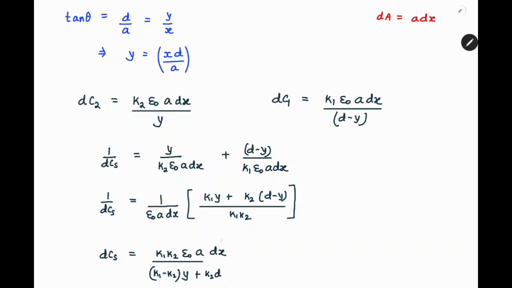Rather than doing this, I can calculate dy by dx from this expression and then substitute dx to put the value in terms of y. So I am doing the second part because that is a little more convenient and faster to solve. So over here I will repeat again: you can also pick up this value of y, put it here, and then solve it.